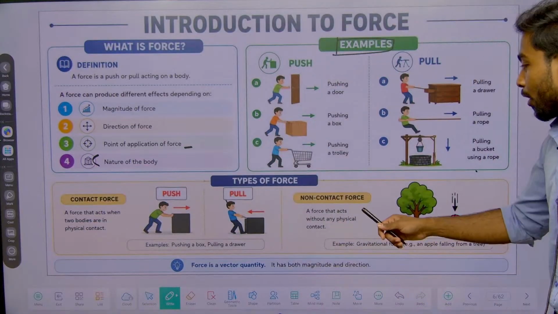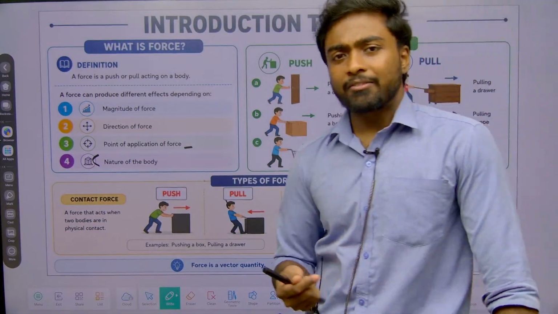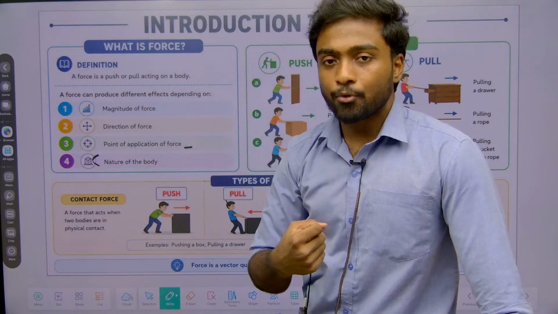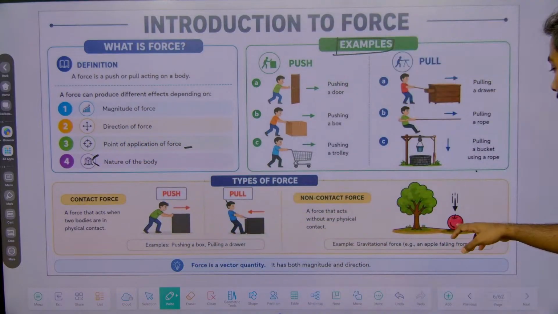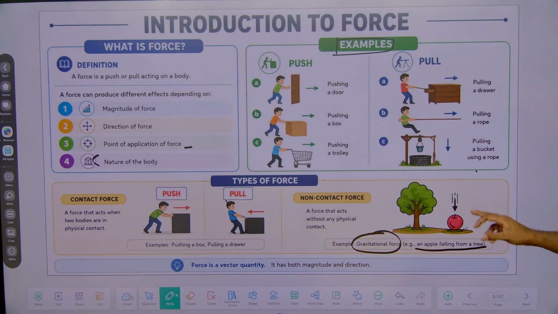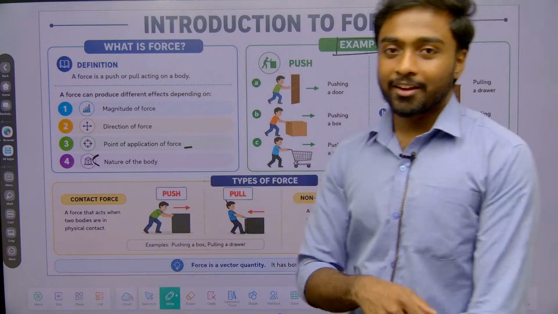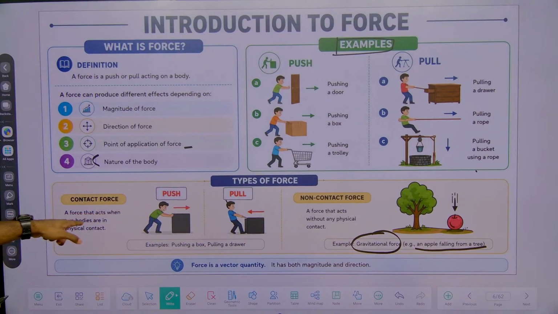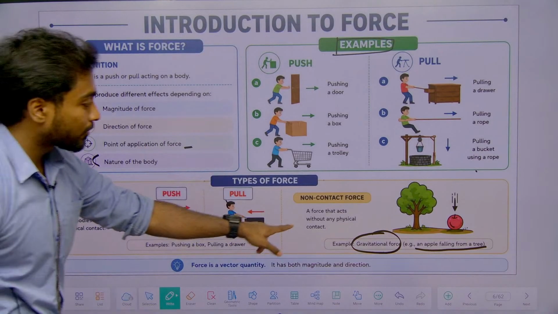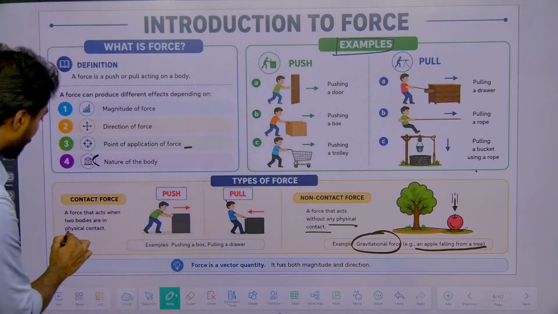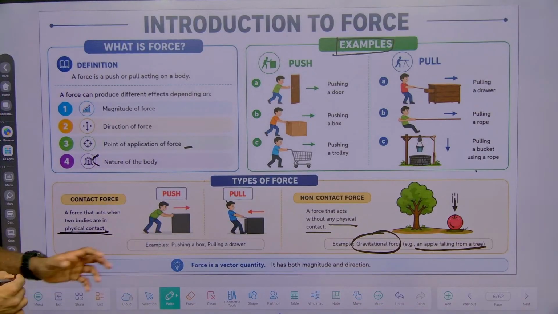So non-contact force, like gravitational force. Gravitational force, what is it, sir? Because of the gravity, the force has been acting. So if you see an example here, like gravitational force, like an apple falling from a tree on Newton's head, right, on Newton's head. A force that acts when two bodies are in physical contact, and a force that acts without any physical contact. So here no physical contact, there the physical contact is there, okay, that is the point here,